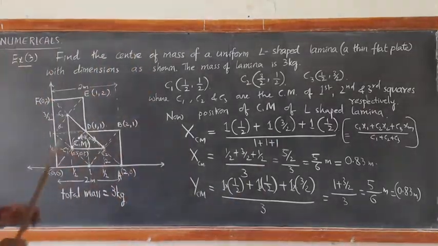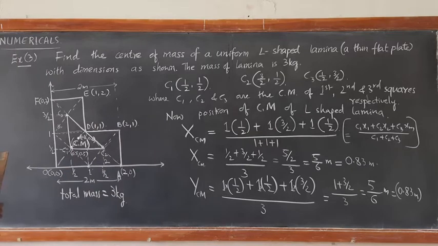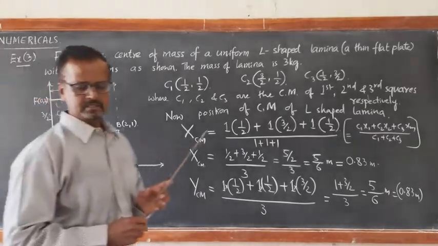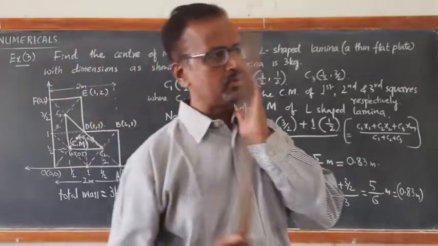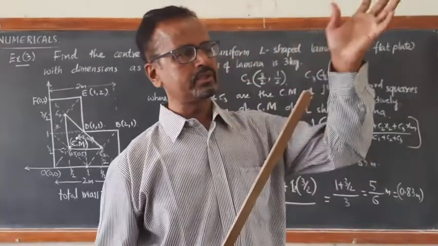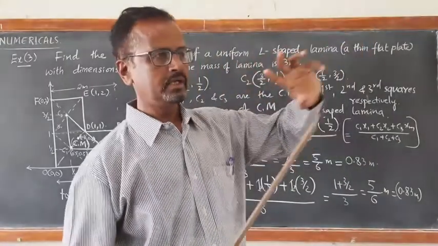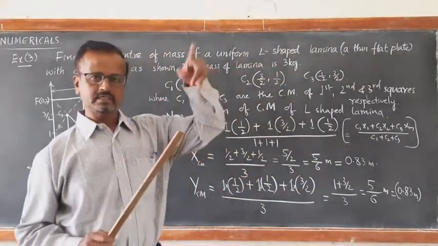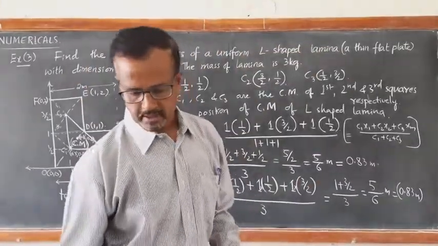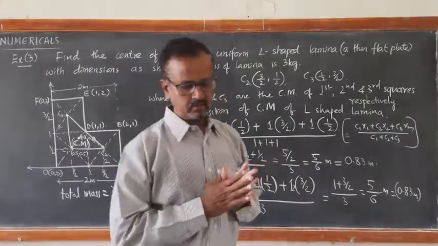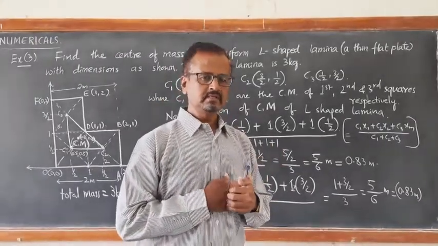That becomes the geometrical center. So when it is rotated, it rotates about the fixed axis passing through this center of mass. And when it is set into motion, like rotational motion or a kind of translational plus rotational motion, then it will rotate about the center of mass. Okay. Now let us solve one more problem, so that you will be very much familiar with the center of mass.